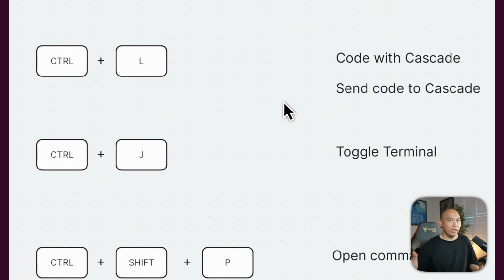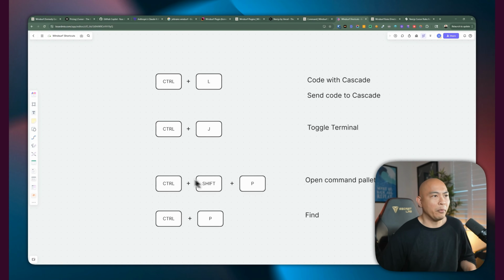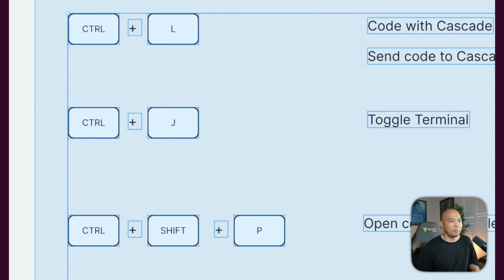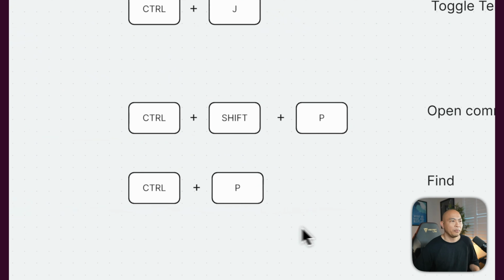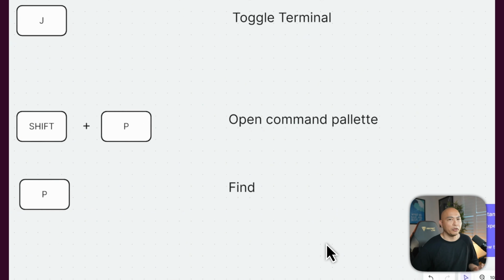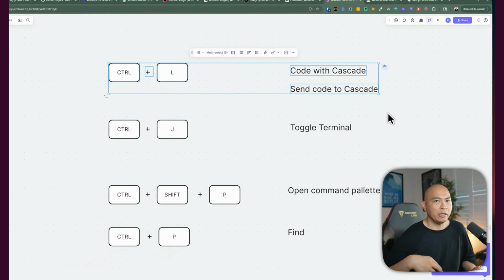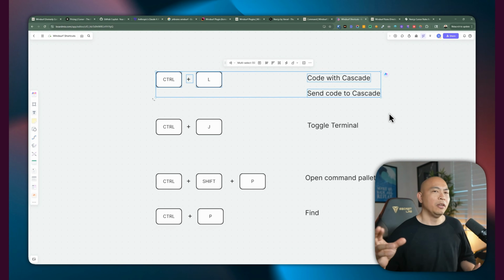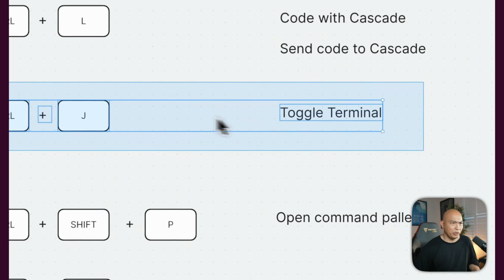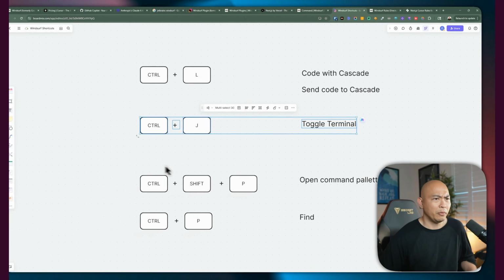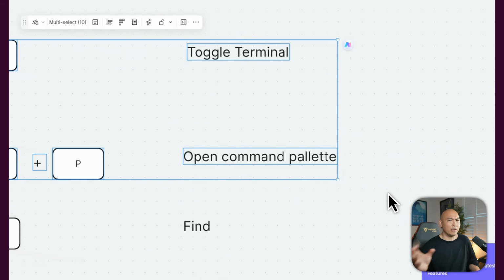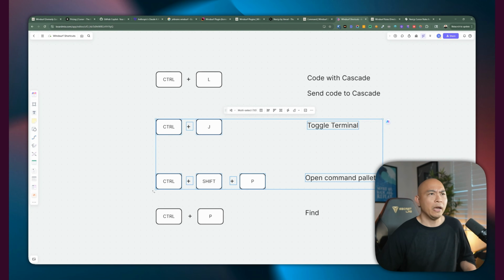So if you can take away any of the commands here, I think the most useful ones are this set of commands. So Control P would be good if you're trying to write code. Control L if you're using Cascade a lot, especially if you're debugging or if you just want to send certain code to the Cascade window. Command or Control L would be a pretty useful keyboard shortcut. This one you don't have to worry about since you can run the terminal. Command Shift P is pretty much the basic command that you need to know in order to access the